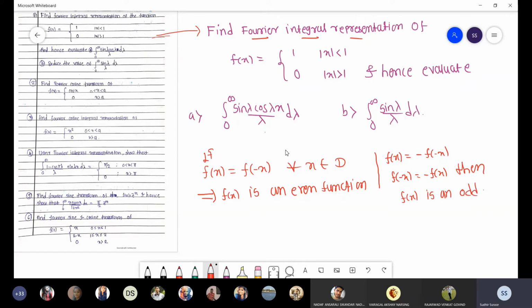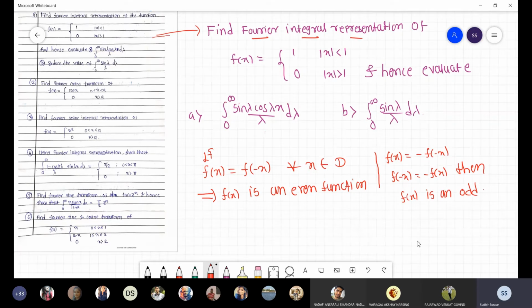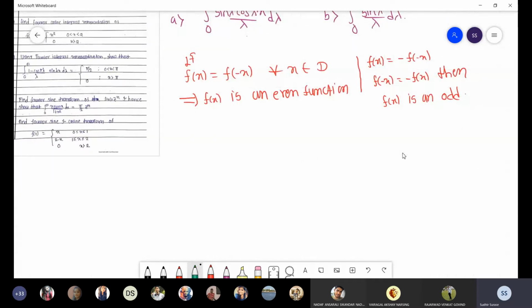But geometrically, can you see the definition? Yes, of course. Geometrically, if I have a graph of that function, something like this, this is the y-axis and x-axis, and it looks symmetric about the y-axis, for example y is equal to x square, a parabola. Then we can see it is symmetric about this y-axis. That means this function is an even function by looking at the graph.